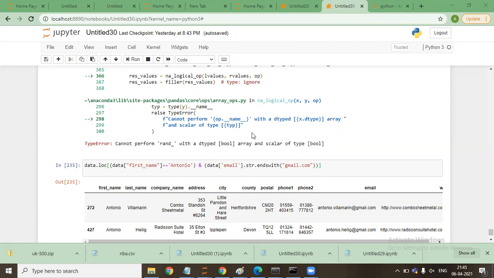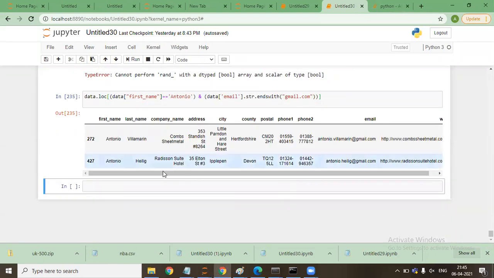So now let's do an example. Let me have a look at the data and make a condition for you guys. I have the data.